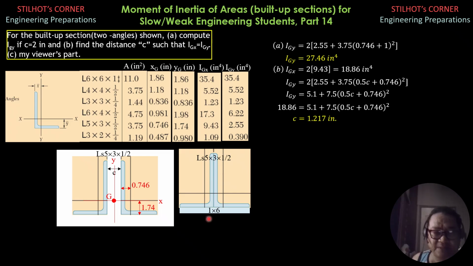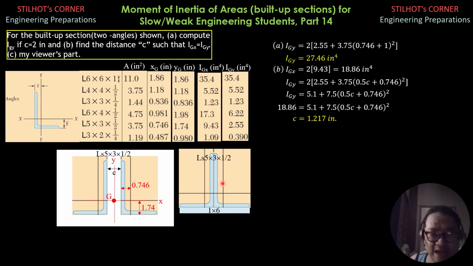Now, for your part, this is the new arrangement of the two angles back to back, long legs back to back, and there is an additional plate of 1 by 6 inch. So the figure is similar to one of the problems in the final summative assessment in the university where I teach. So this is related for those students under me. You can relate to this, but it was just half of T, which is half of the wide flange, but the idea is the same.